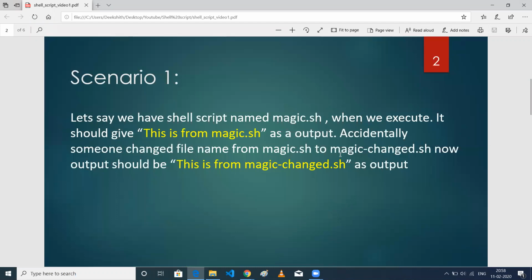The first scenario is, let's say I have a shell script named magic.sh. When I execute it, I should get the output: this is from magic.sh. If somebody accidentally, or because of some project requirement, changes the file name to magic-change.sh, then I should get: this is from magic-change.sh. In future, if somebody changes the file name to test.sh, then I should get: this is from test.sh as